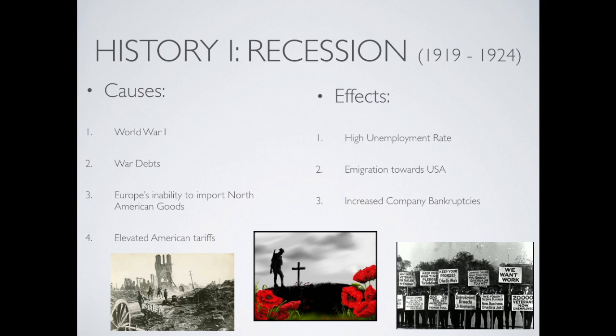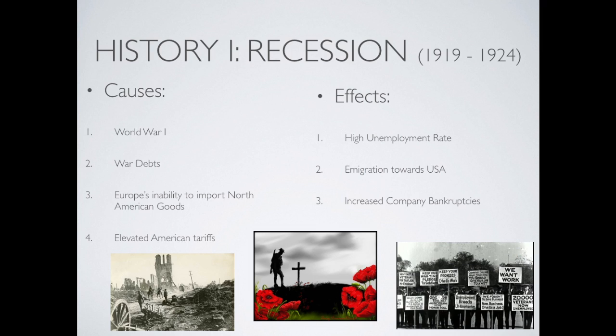This left governments and citizens underfunded and undersupplied. From 1919 to 1924, USA and Canada encountered a recession, a period in time of which the economy was low and countries were in enormous debts. The recession was influenced by the impact of the Great War. Europe could not afford to import North American products, and the US implemented high tariffs on Canadian products, making Canada lose their status in foreign exchange.